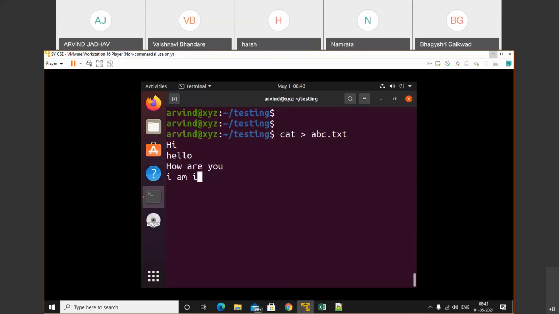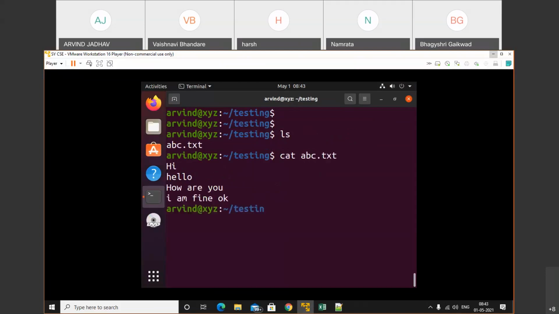I'm fine. Like that, I will just write some text inside that. Save that file. Then read that particular file and check whether that file is created. We have successfully created the file. Now we'll read it with cat abc.txt.